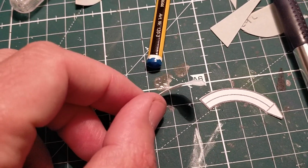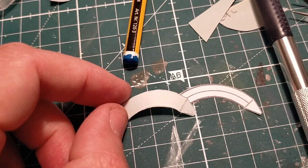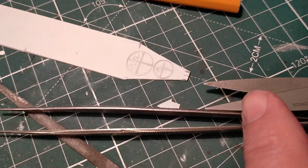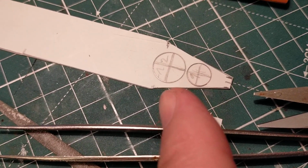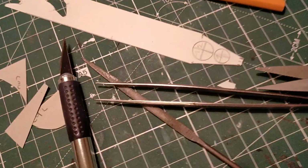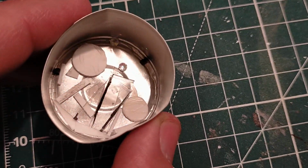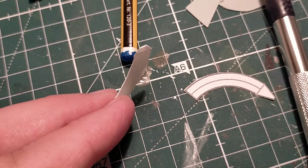I don't even know if I'm going to be able to glue this together to turn it into the truncated cone I'm after. I will also tell you that it combines with a couple, either with these two discs here that will also be cut out of 0.30mm styrene, which I drew using my circle template. This one here. There you go. And I've also cut them out in 0.75, which was a little bit more complicated because it's thicker. Anyway, I don't know if this is going to work, but